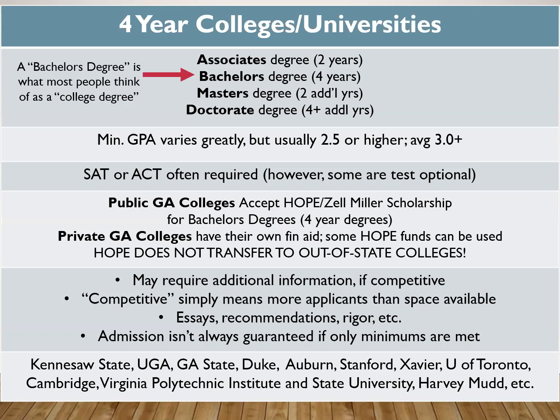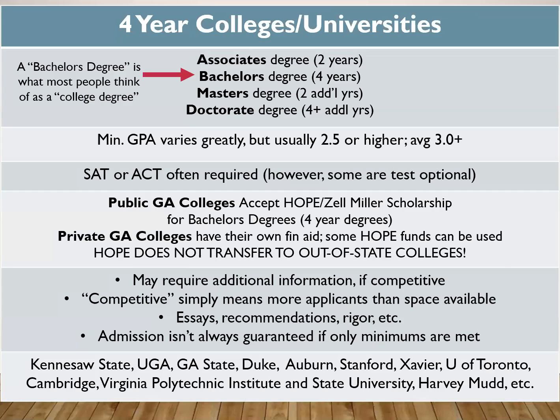So depending on the type of program and type of career you want to do, you may have a lot more than 4 years beyond that, but that kind of breaks down the general types of degrees that you can get. Usually the minimum GPA is going to vary a lot depending on colleges, but usually it's around 2.5 or higher. Again, we're talking core GPA, the average about a 3.0. Most schools are going to require SAT or ACT, but some are test optional. We'll talk a little bit more about what is going on with test optional right now with COVID in a little bit.